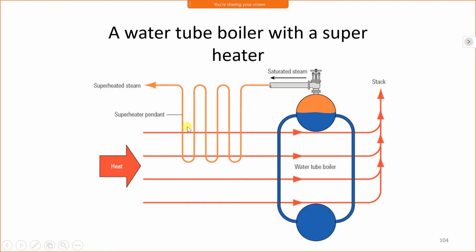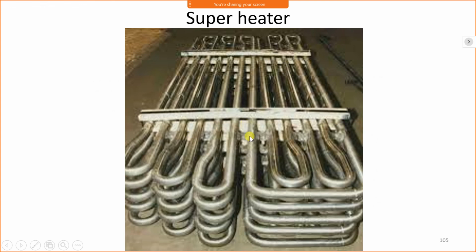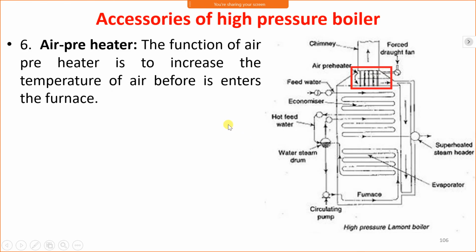Now, in the way of the flue gases, first the superheater is provided. The steam which is collected at the upper end of the boiler drum passes through the superheater. Consider at normal pressure, here the steam is at 100 degrees Celsius, and when the steam passes through the superheater, it is converted into superheated steam, meaning the temperature can be more than 100 degrees if the pressure is normal. These are the superheater tubes. Then the air preheater.